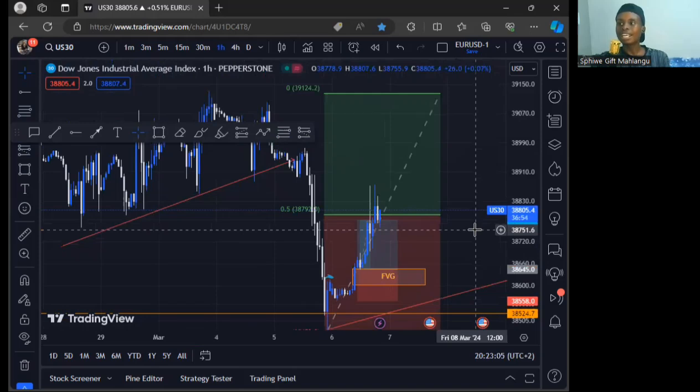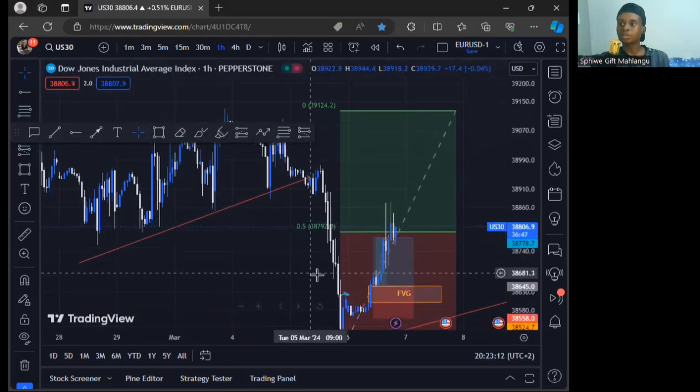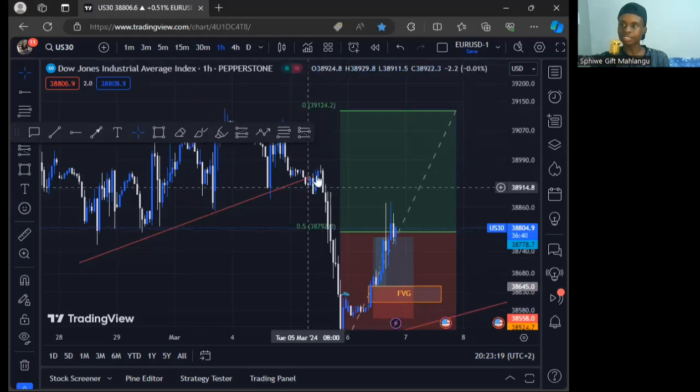But inside the 50%, I'm going to look for where there's actually an imbalance in the market. I'm not looking for where there's liquidity, no, I'm looking for where there's an imbalance. Where is there an imbalance in this? It's here. This is the first imbalance that I see here. You see, this is what you can call it. We can call it an area of